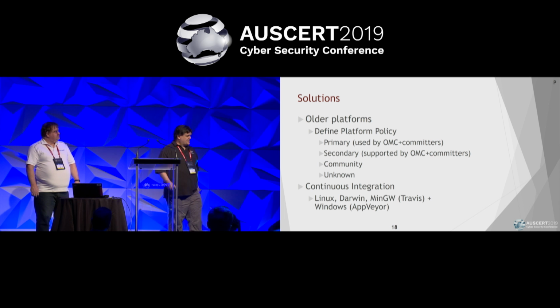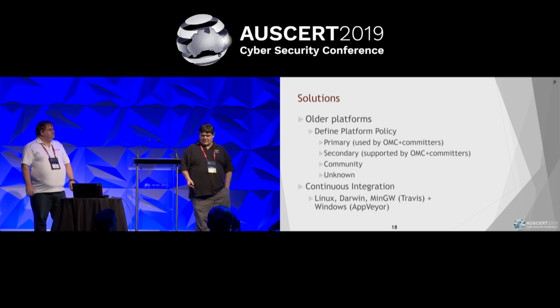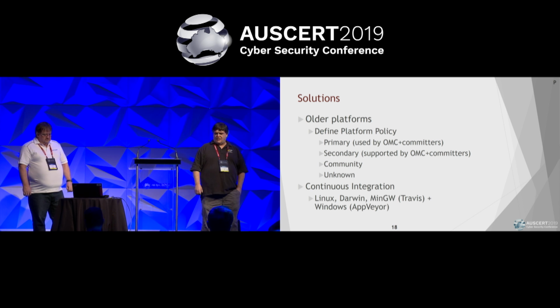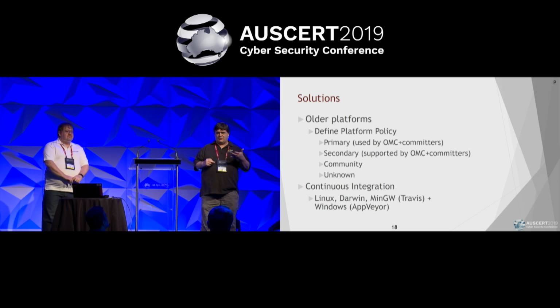Okay, we hit the same problem for platforms that we do for architectures. At least in this case, we have got a policy. We have a multi-tiered list. The primary tier is the machines the people who work on OpenSSL use personally, typically Linux. If there's a breakage in that, it will be discovered within minutes.